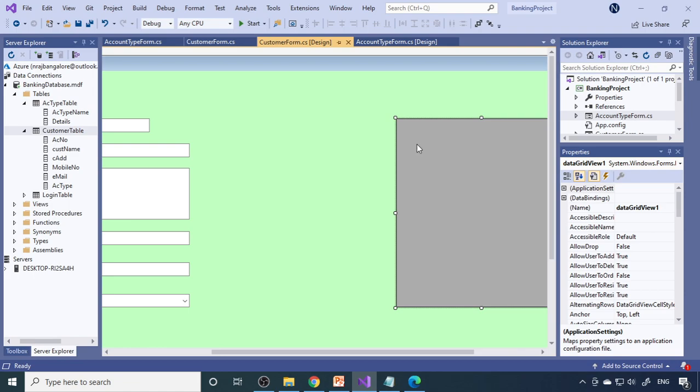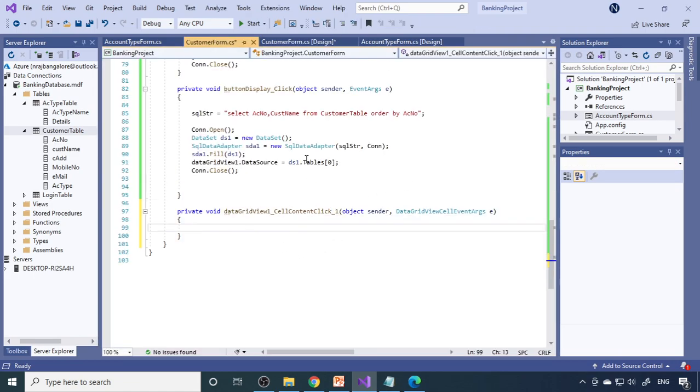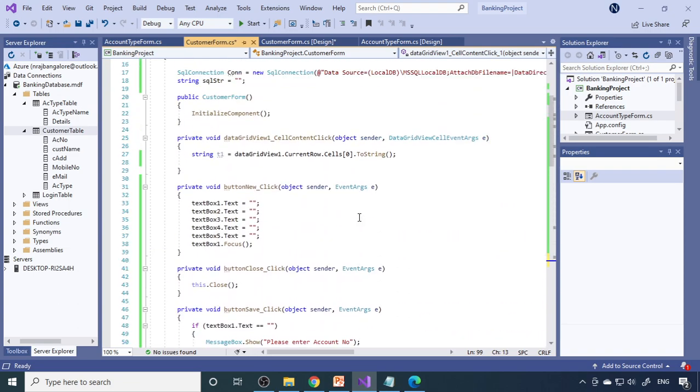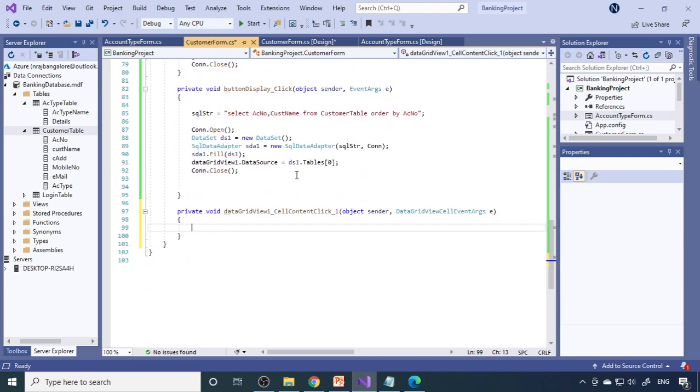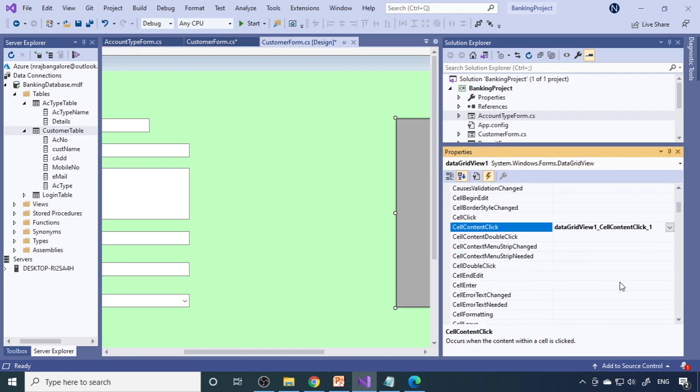Now if we click here, by default it will take the cell content click. Okay, I think we already have the cell content click. Okay, here it is already. What happened is the event was created twice, because you can see the underscore one, so it's actually created twice. So now we can go here and select the events.